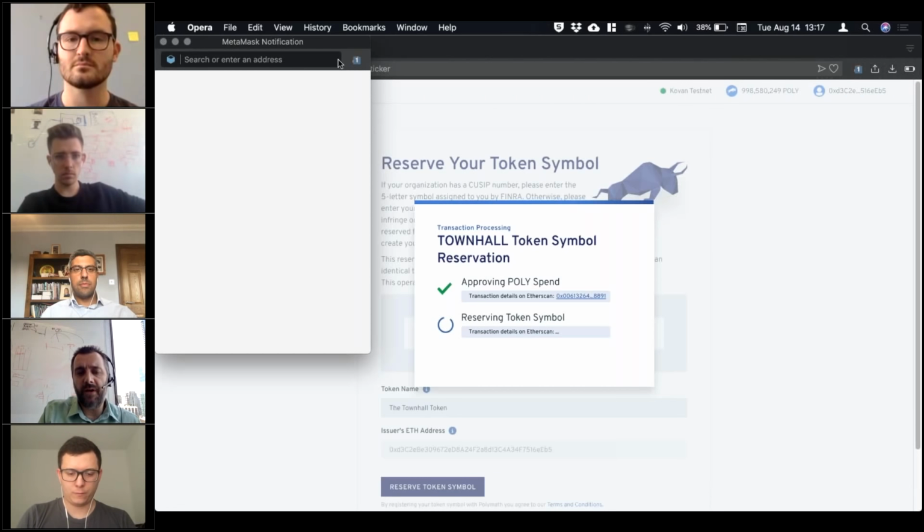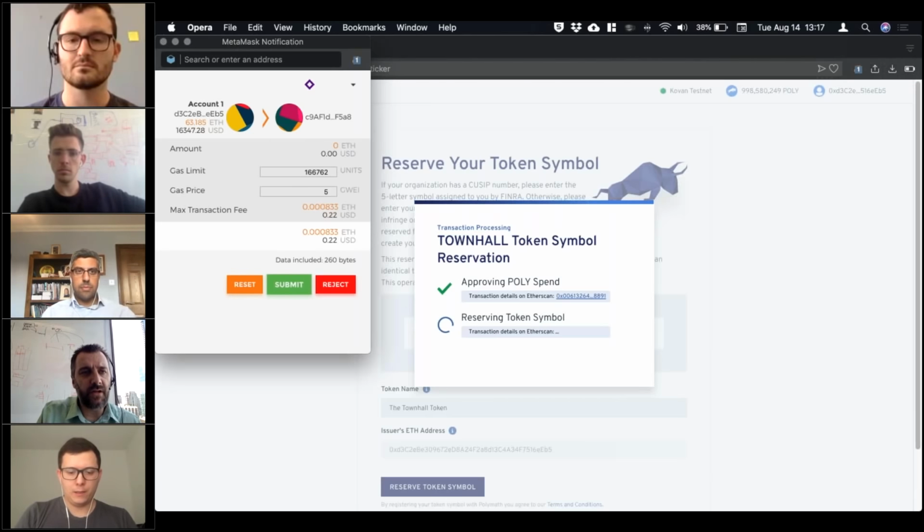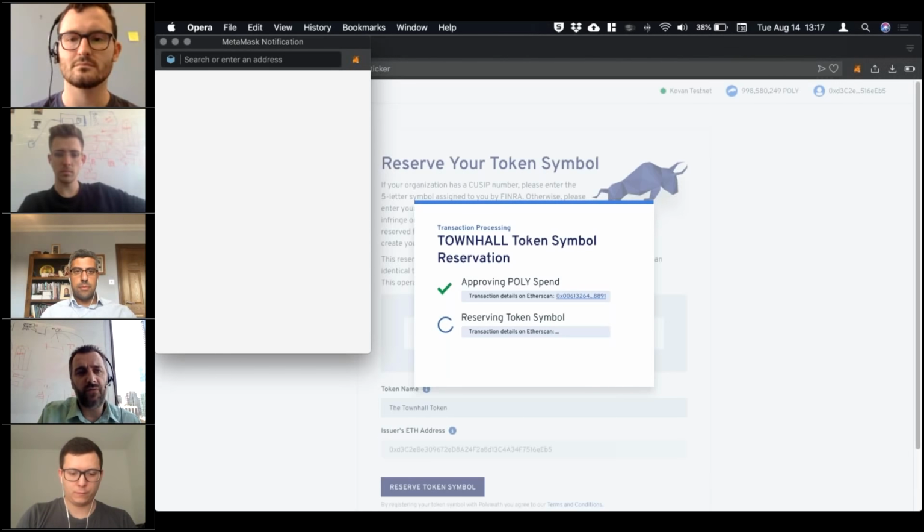So here we go. My POLY spend was approved. I'm now going to reserve the token symbol. I don't know if you guys are experiencing this as well, but I've seen MetaMask run a little slow lately, particularly since the upgrade to the newest release. But let's